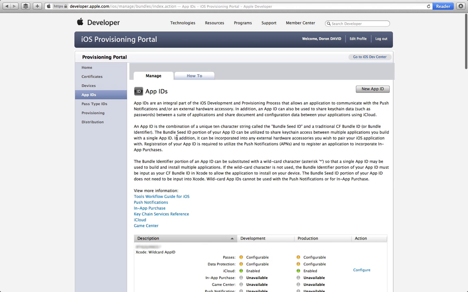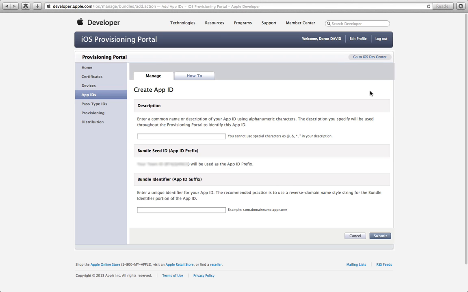App IDs is where you create an app ID, basically. For anything that you want, it has an ID in the iTunes system. Let's create one, just a demo one. A common name or description. Let's say fun game. All right. Bundle identifier. I'll explain exactly what I'm doing. It's the apps